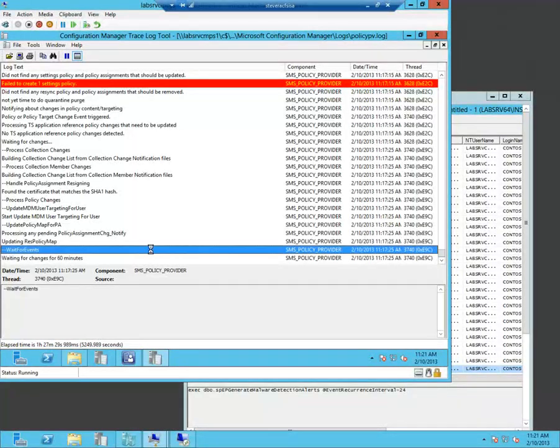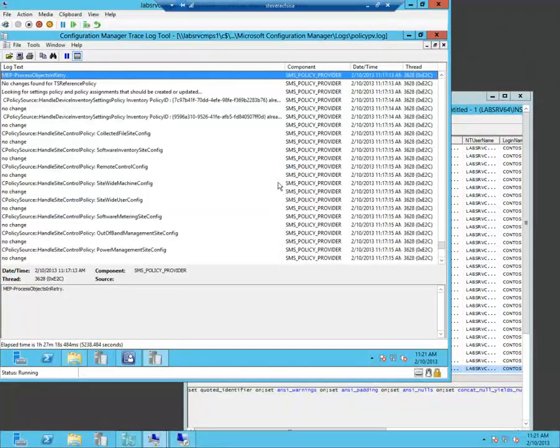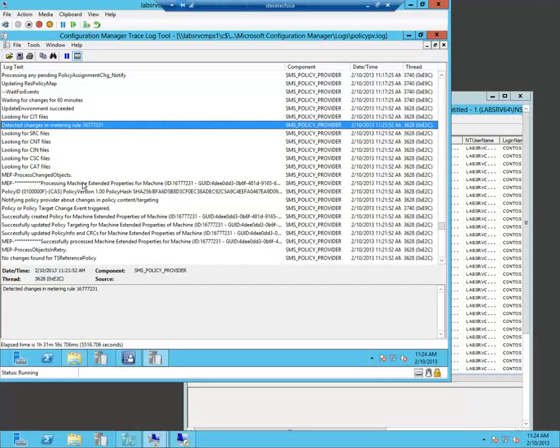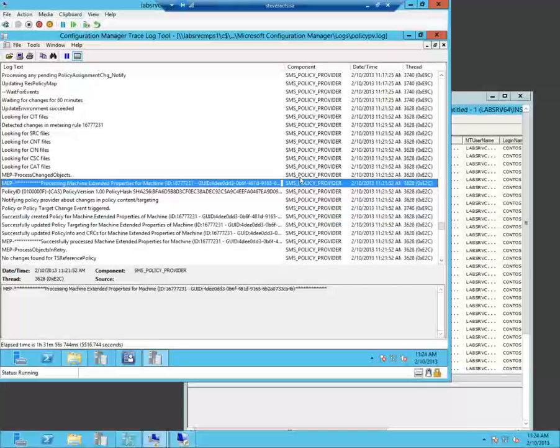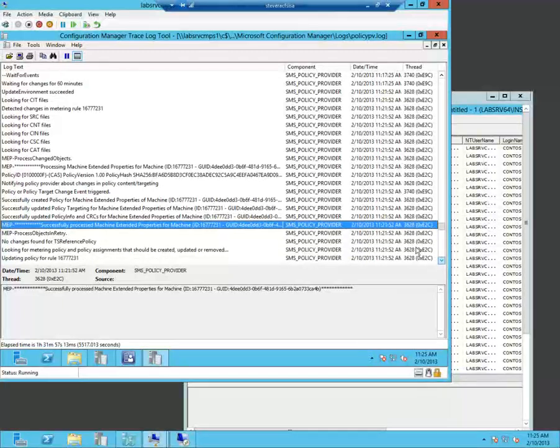So I'll search up for MEP. Okay, so I just saw it come in, and we see we're acting on the machine. Here's the policy. I've stopped my trace when I saw it come in. No reason for it to keep going. Successfully processed it through, and we're done. All right, so let's actually take the timestamp and go look at our SQL trace and see what we can